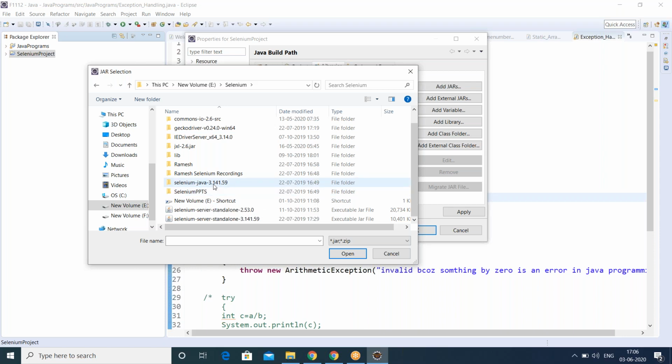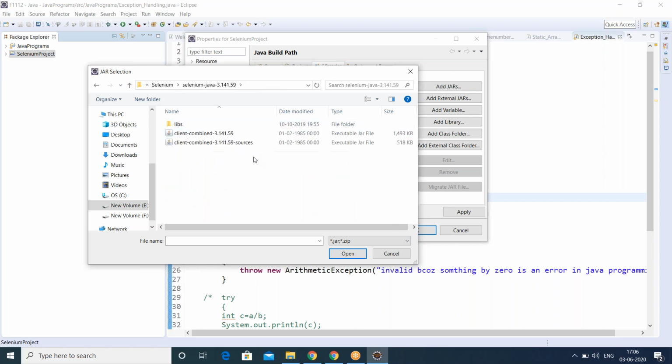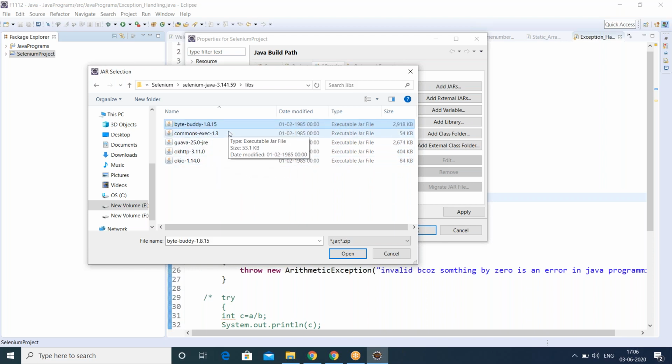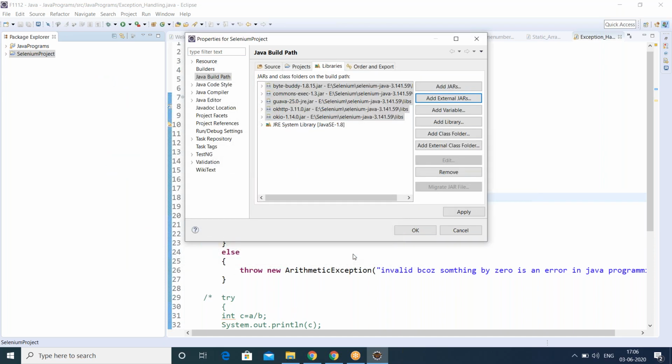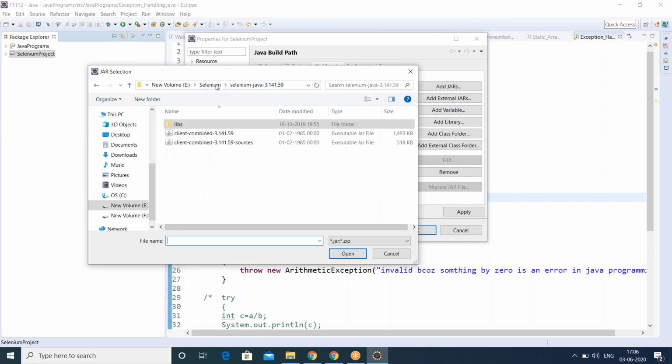Inside this, you will find a total of 7 jar files: 2 are here and 5 are inside this zip folder. Press Control A, then Open. Immediately those 5 jar files are added to your project. The remaining 2 I'm going to add by repeating the same step.